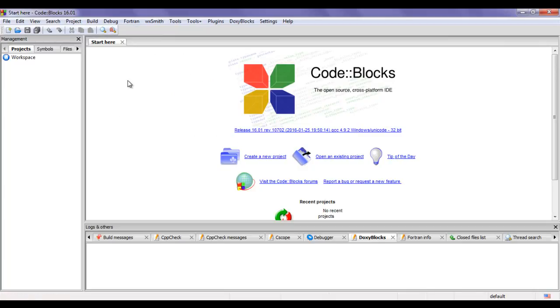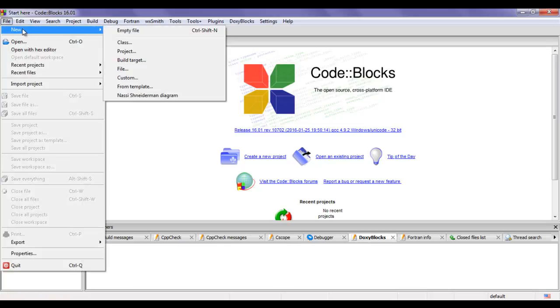In the main toolbar we have some tools like new file, open, save all files, undo, redo, cut, copy, paste, find and replace. Actually we will not be working with the main toolbar. The main toolbar is something like the standard toolbar in Notepad. We don't work with this toolbar most of the time because all these operations we can perform with the help of shortcut keys, right? If I go to File, New, to create an empty file I can take help of the shortcut key Control Shift N.